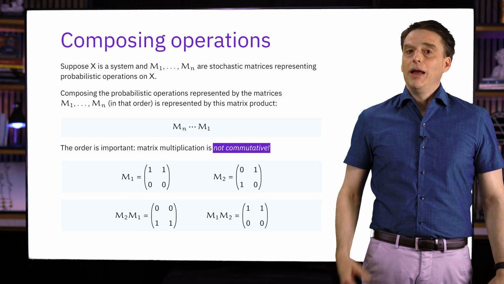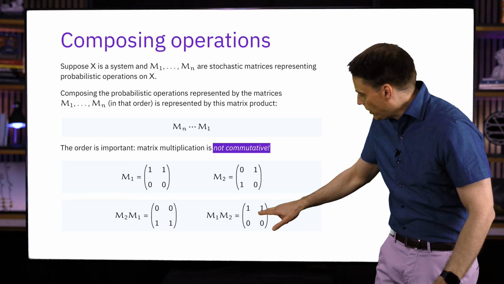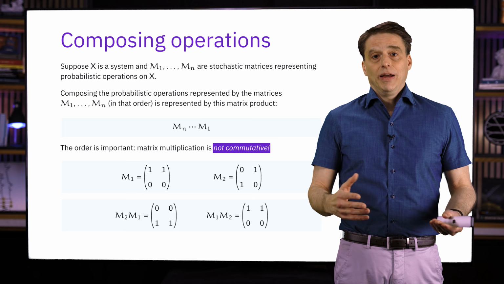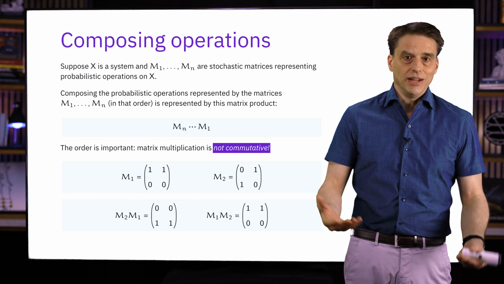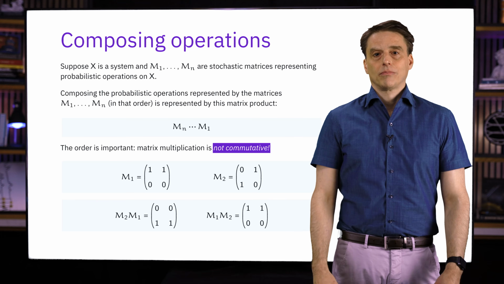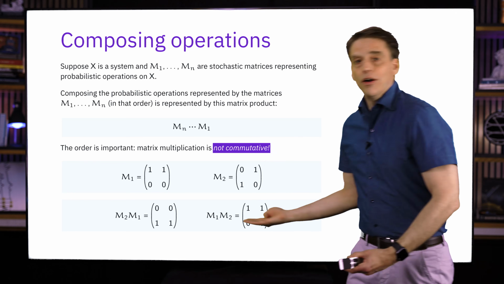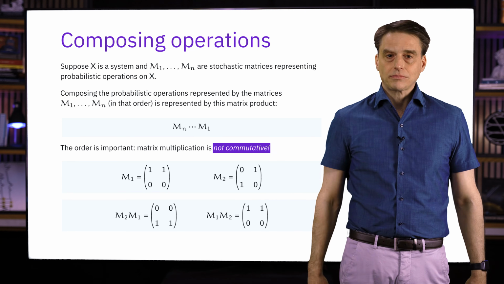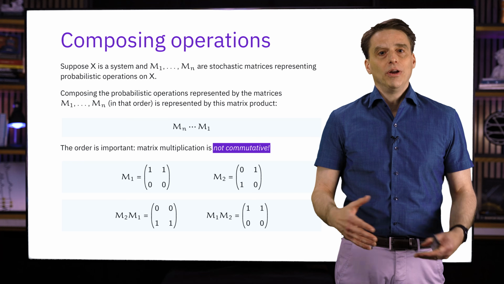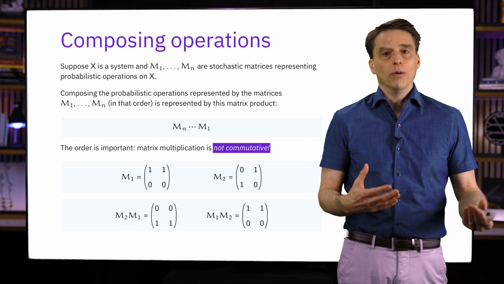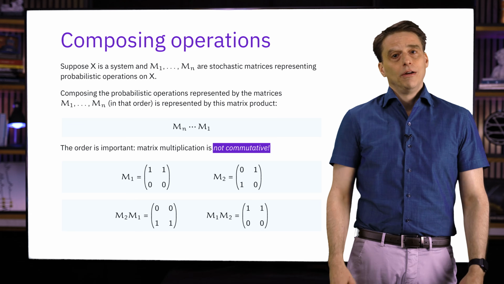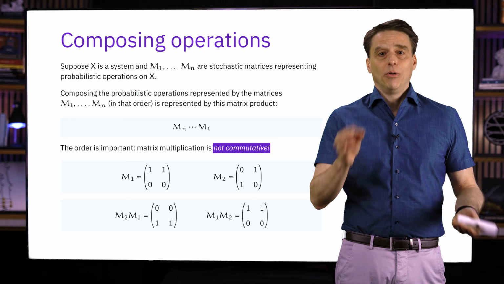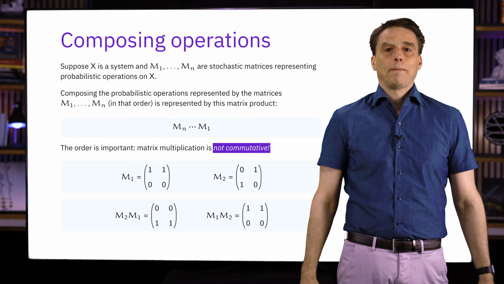On the other hand, if you perform M2 first and then you perform M1, this is the result right here. And this makes sense because if you flip a bit and then you set it to 0, it's the same thing as just setting it to 0. It didn't matter that you flipped it. Obviously, these two matrices are not the same, and so we have a very simple example revealing that the order does matter. Of course, this is not surprising at all. We all know that the order in which operations are performed matters, or at least it can matter. For example, if you light a match and then you blow on it, the result is very different from blowing on the match first and then lighting it.